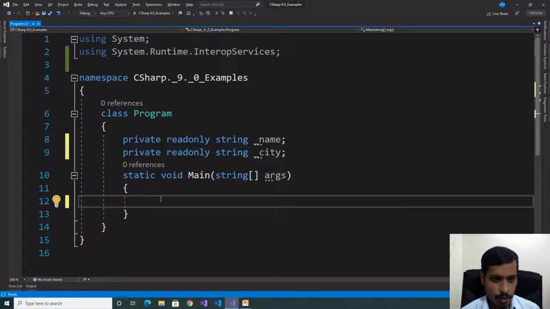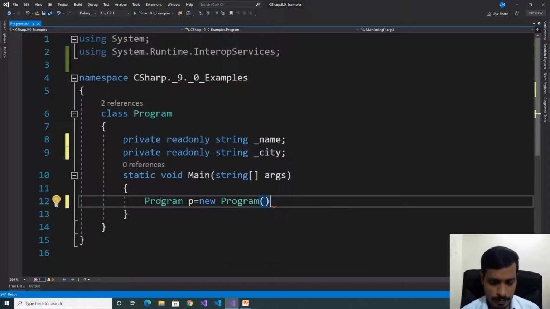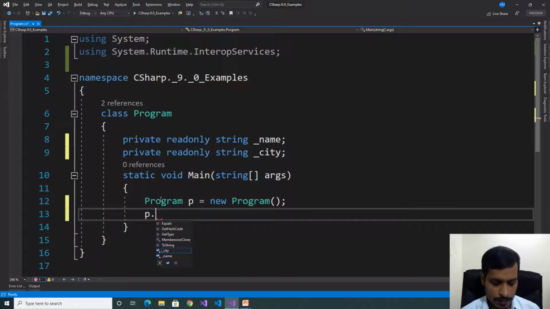Here the class name is Program. p equal to new Program. p._name equal to Scott.